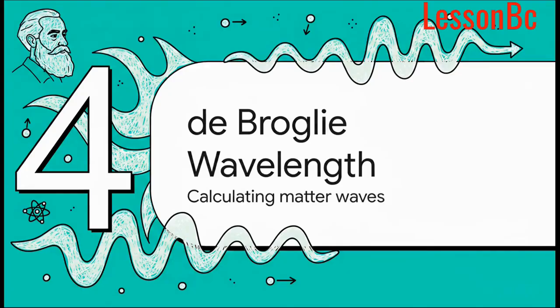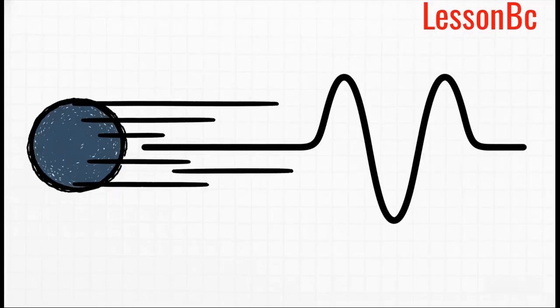To prove this mathematical reality, let's look at section 4, the de Broglie wavelength. Calculating the wave of matter. A scientist named de Broglie proposed that, similar to light, all matter particles possess measurable wave properties, and this gives us the de Broglie equation. The formula is lambda equals h divided by p. So, the Greek letter lambda stands for wavelength, h is Planck's constant, and p is momentum, which is just mass multiplied by velocity. This equation proves that even the absolute smallest particles have real wave properties.